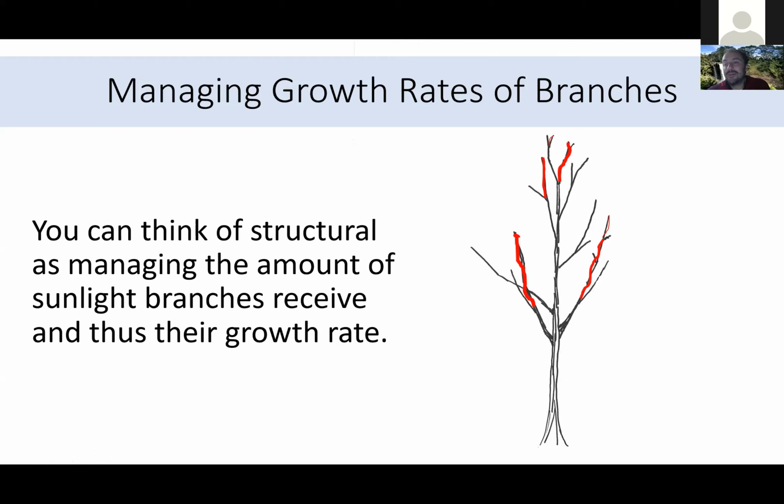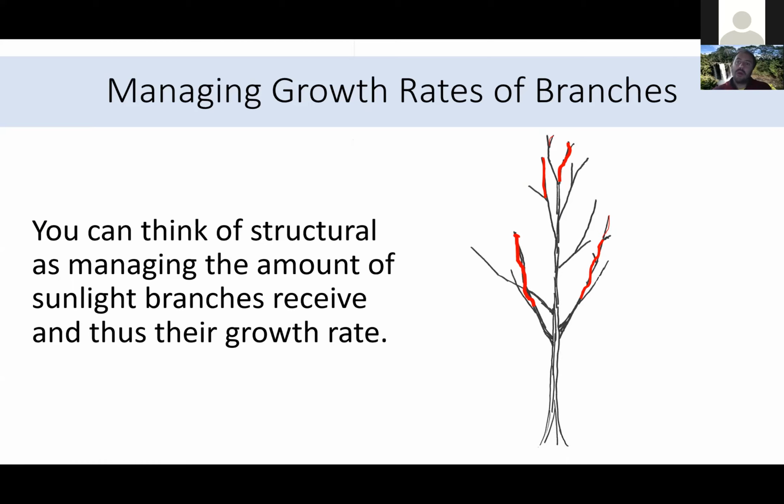So there are a couple other things we might do in this tree, like this branch here is competing. If I still had pruning budget left, like if I knew I could only take off 25% of the tree, well, I might have done that with these cuts. But if I had pruning budget left, I might address some of these other branches that are competing, but maybe not quite as strongly. Like do a reduction cut here, and then either remove or shorten this other branch right here. For some reason, I thought I had a red line on there, but I guess I might have messed up the order. It may show up later.